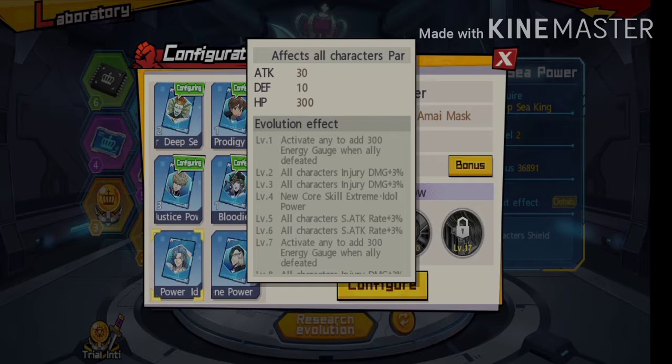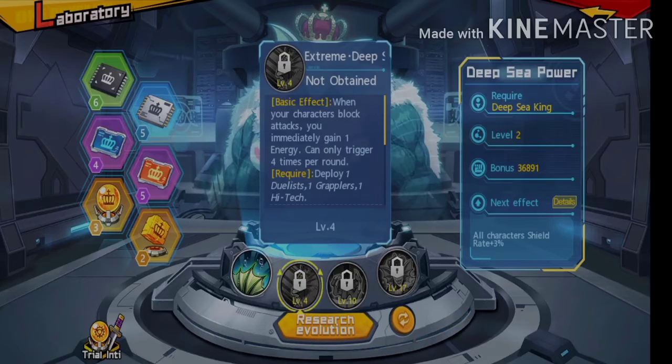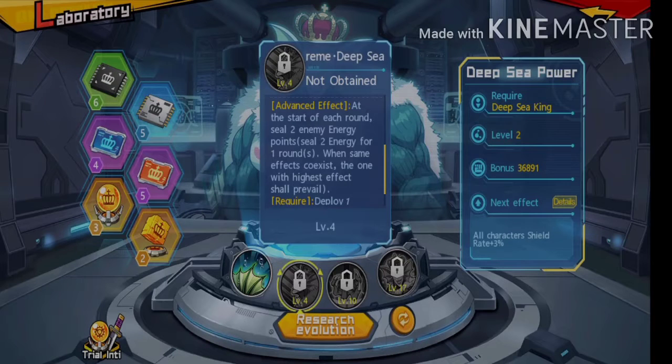Like all characters' injury, if you want to pair Amai with somebody like, say, Tatsumaki, right? The injury damage will be 3% better. That could be great. I chose DSK because he's my core, and then I saw that he's level 4 in the advanced effect. At the start of each round, the advanced effect will change per these levels, which are level 4, 10, and 17. So if you don't want the cores of these other people to be changed, well, tough luck, they will be changed. But I can tell you that these cores' advanced effects will be pretty different, except for